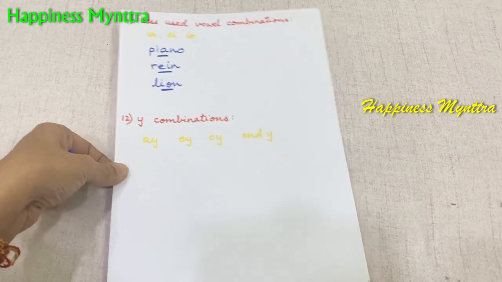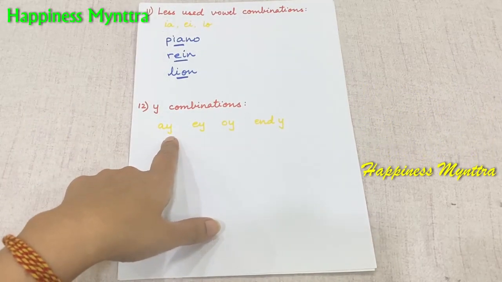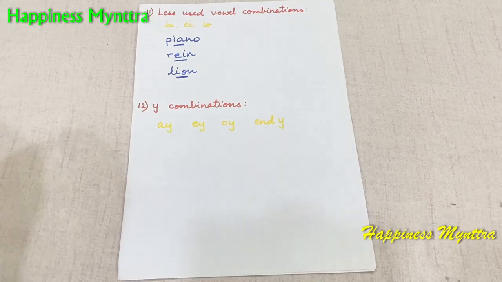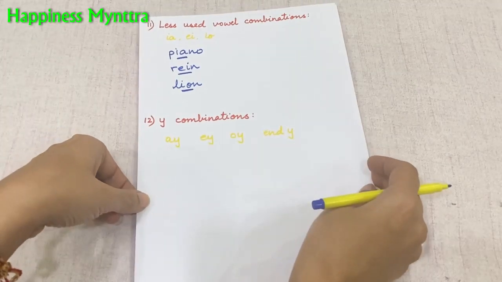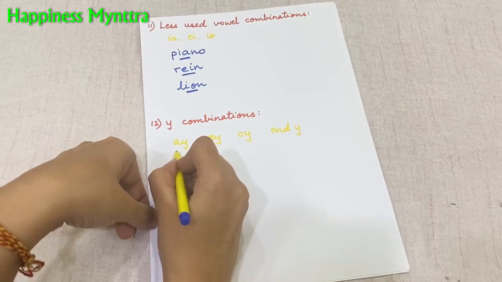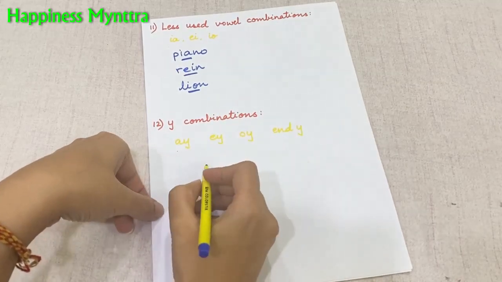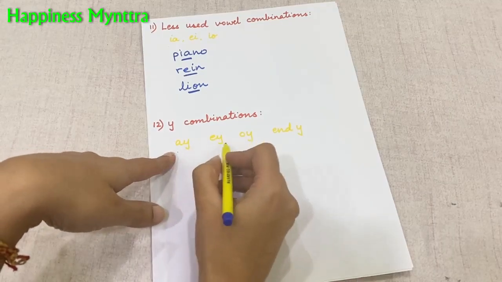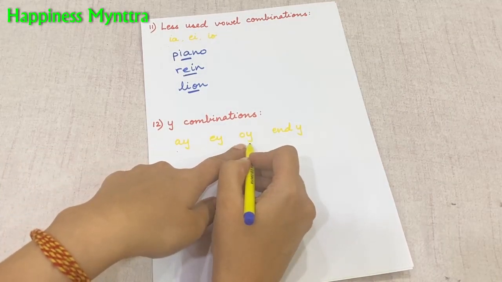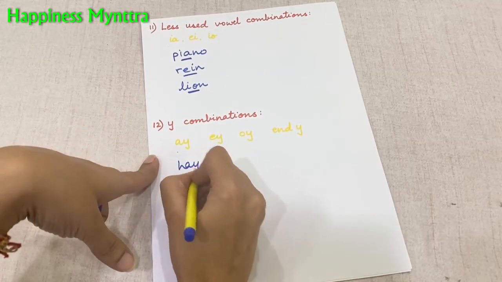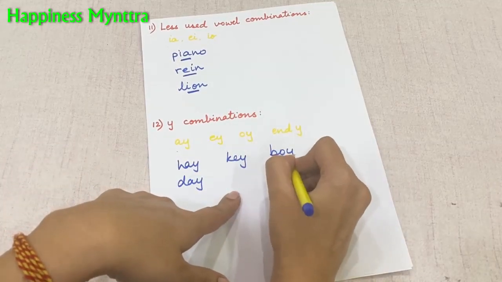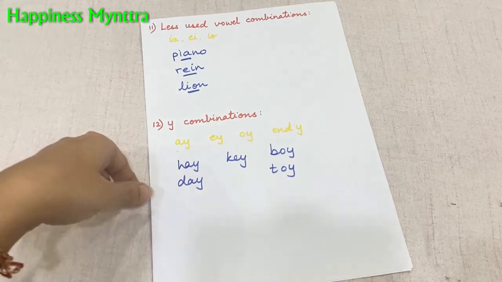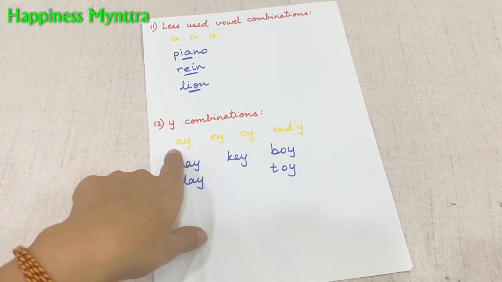Then we have Y combination words. Now Y is considered to be a semi-vowel. So you have words like cry, fry, where we don't have any of the 5 main vowels, but we have a Y to complete them. Which is the reason when we have Y in words, there are different pronunciations which are used. So with this, it is A, E, and Oi, which is how we pronounce them. So we'll have hey, day, we'll have key, we'll have boy, toy. So this is how they're commonly pronounced once they're coming with a vowel combination.